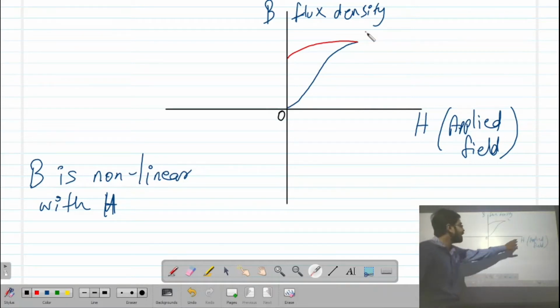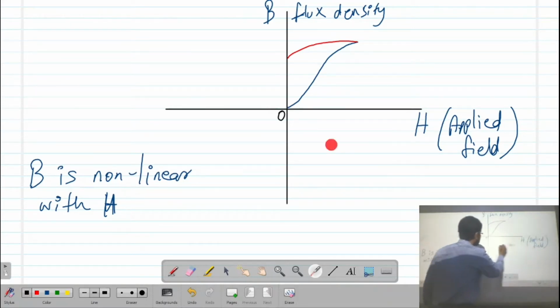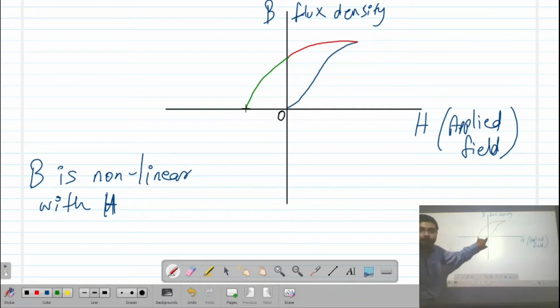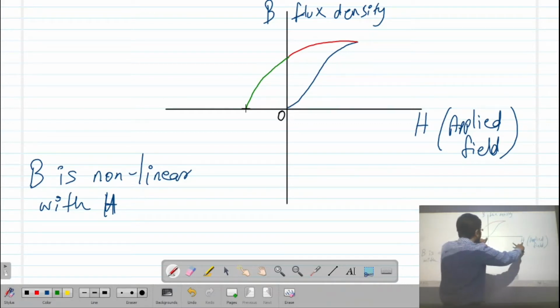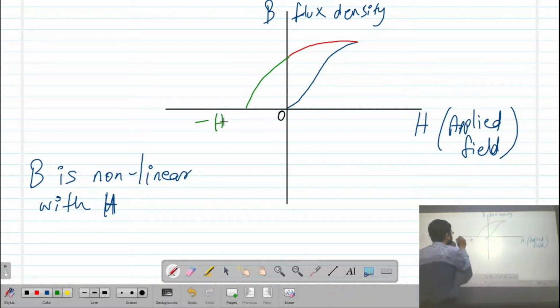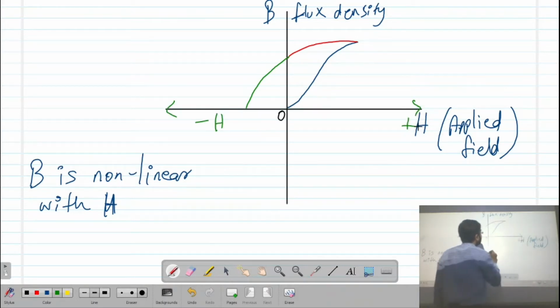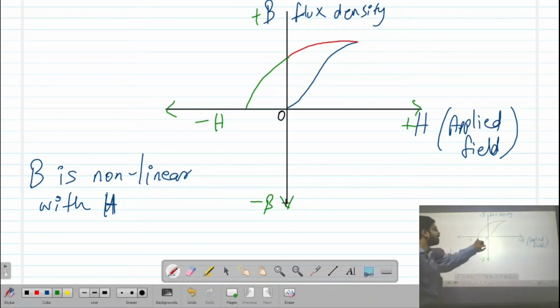Now, if you decrease H in the negative direction, then at some point B will become 0. Means to reduce the magnetization of a material, you need to have a negative value of H.